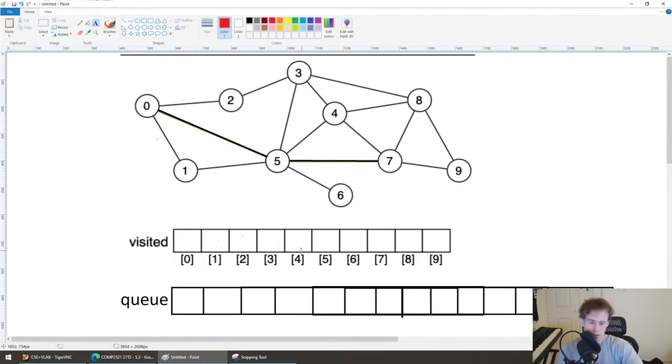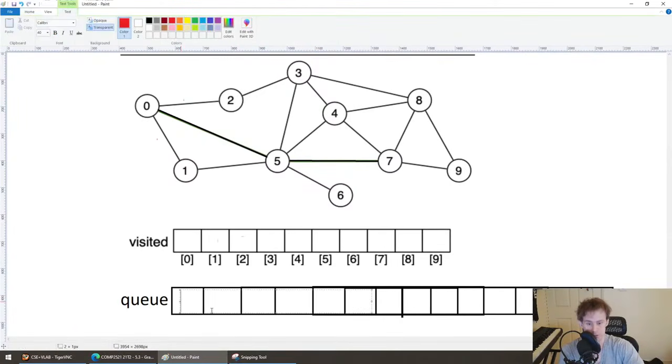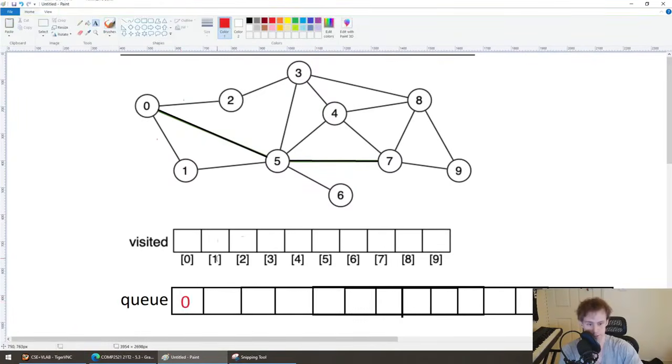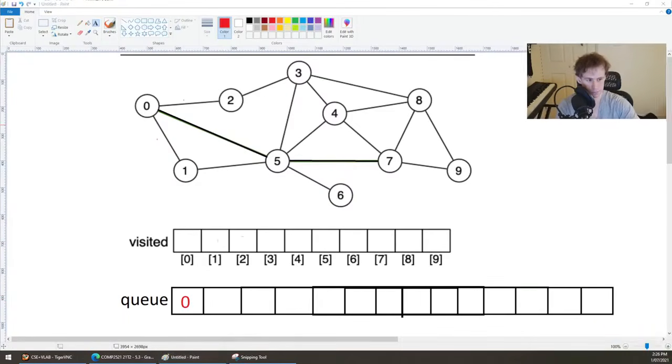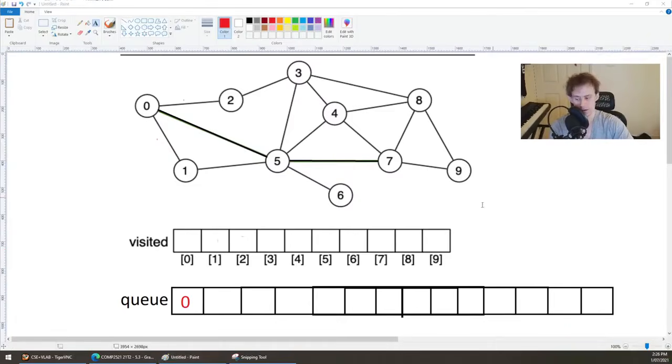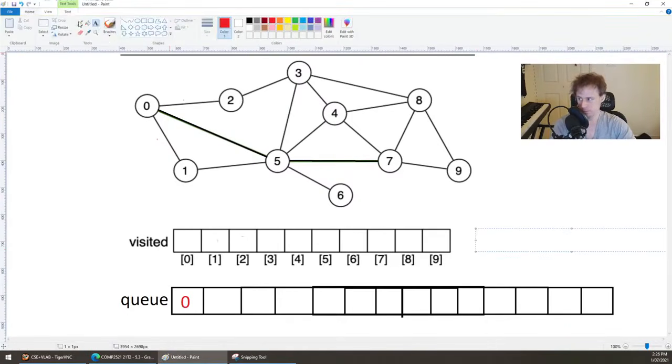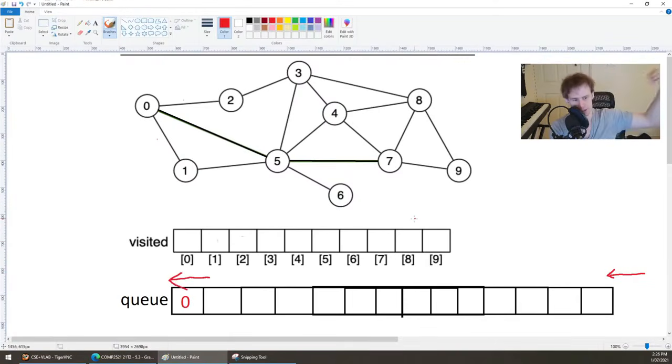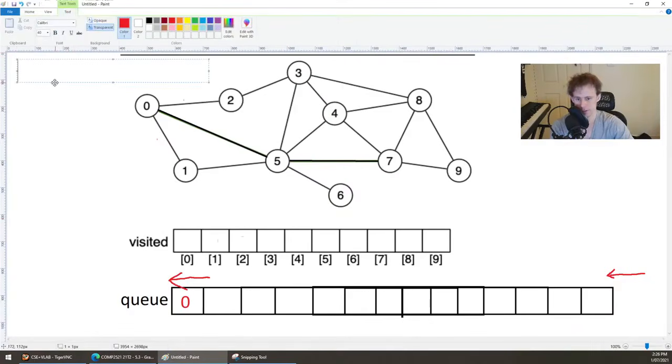So when we explore a graph via breadth-first search, you always start the same way, which is that you put your root node into the queue. Now remember, the way we insert into a queue is that we insert them in this way and we take them out this way. So this 0 here got slotted into the end and it slid all the way up to the front. Now the way the breadth-first search algorithm works, and maybe I'll just try and write it up here,